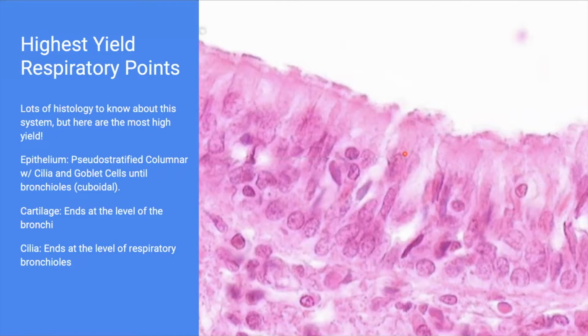So as far as the epithelium, this is one of those oddball cases where it looks a certain way, but it's actually not that. So we see a lot of nuclei present here, and they seem to be at different levels within the epithelial layer. So our epithelial layer is all the way from up here down to here, and it goes across. This is going to be our basement membrane. So these appear to be very tall and skinny cells, and there's a lot of nuclei. So one might